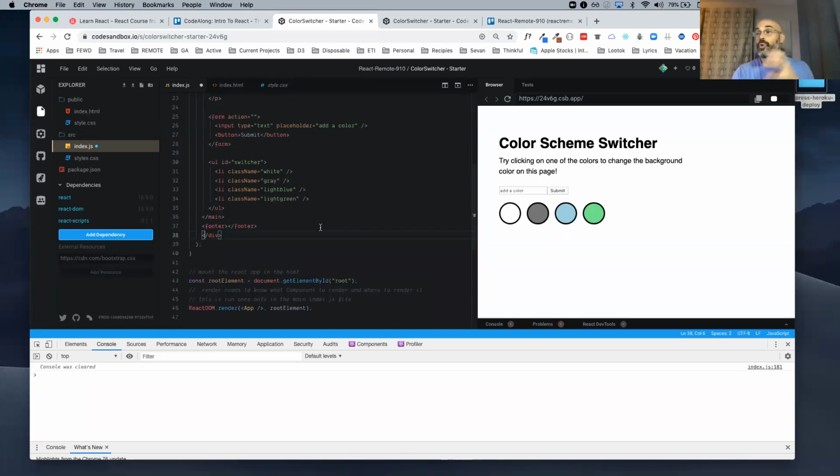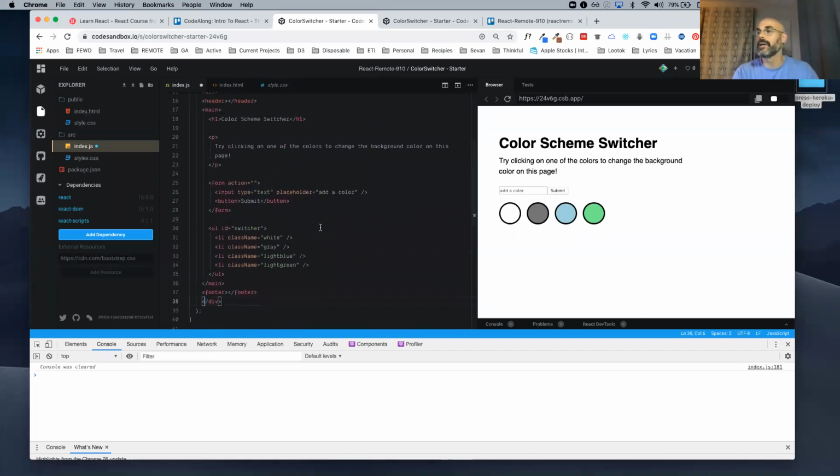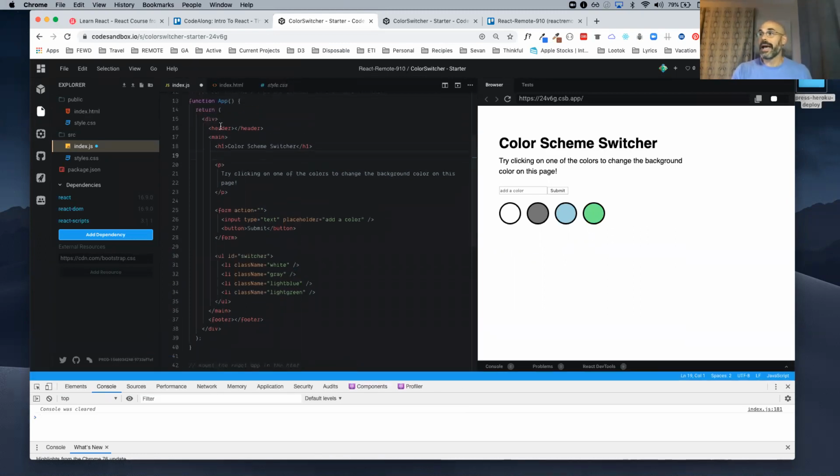You can only have one top level element. That's all you can have. So if I tab this over, right, it looks good. Tab this over. Okay, I don't need anything in my header. I don't need anything in my footer. Just having them present caused React to be like, whoa, this is broken. You can't do that. But I can add as many things as I want now inside of div. Same conceptually with main.